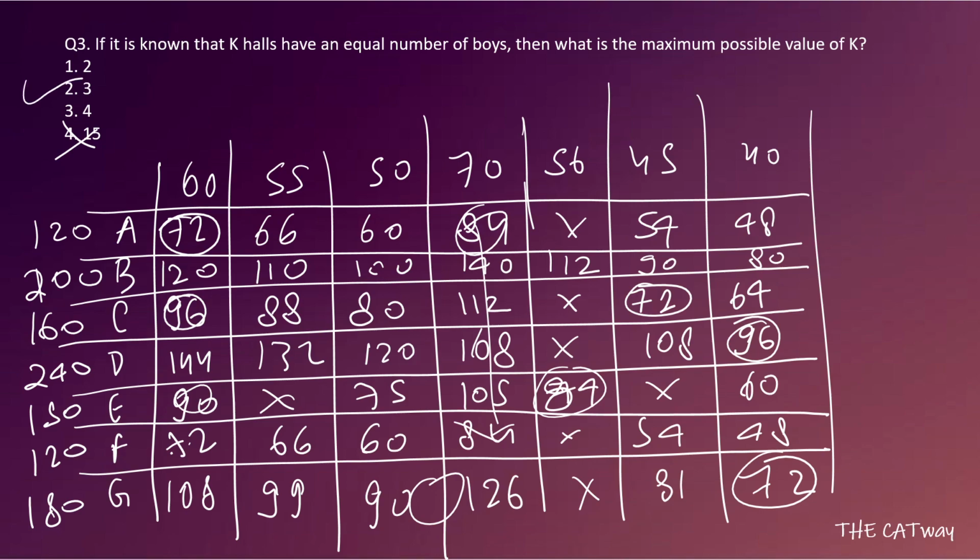So I hope you have understood this, guys. If you had gone by hit and trial, and if your luck was with you, you would have calculated in between 5 to 10 minutes maximum. But if your luck wasn't with you, then it would definitely have taken more than 20 or 25 minutes, because it would have eaten up a lot of your time. We do not have that much time. So this set is very calculative, and a number of cases are formed. I would say never attempt this kind of set when you are sitting for your examinations, because it can cause you a lot of trouble. Also, if you have 10 or 15 minutes left, then only you can go with this set, otherwise do not go with this set.